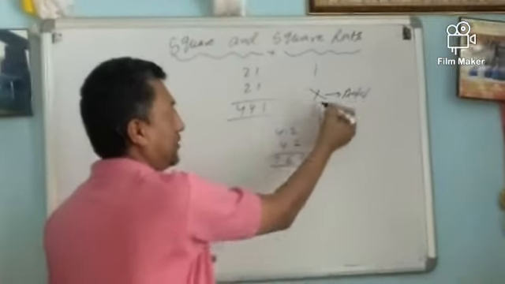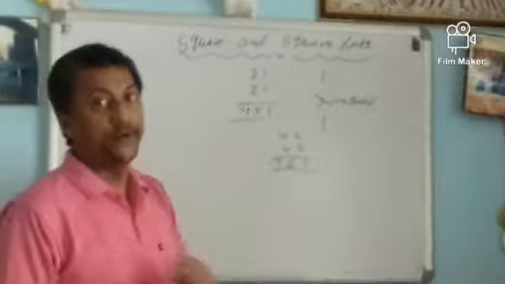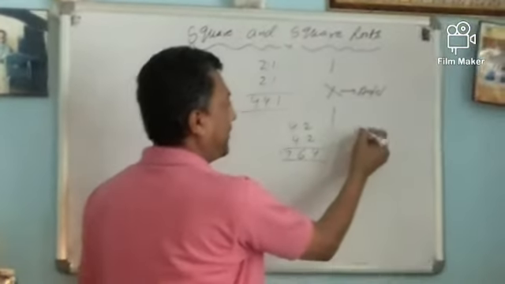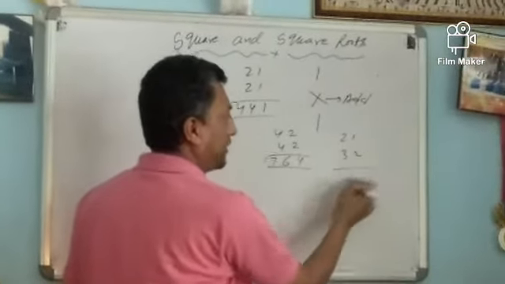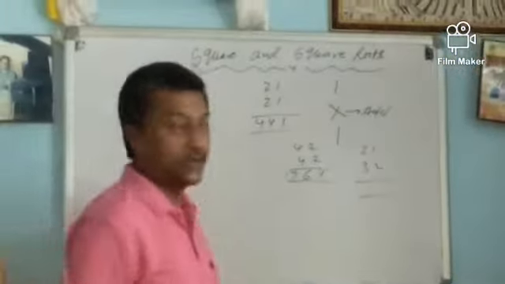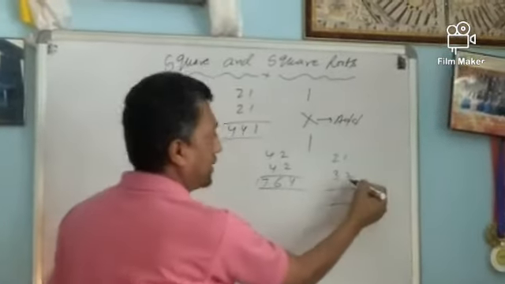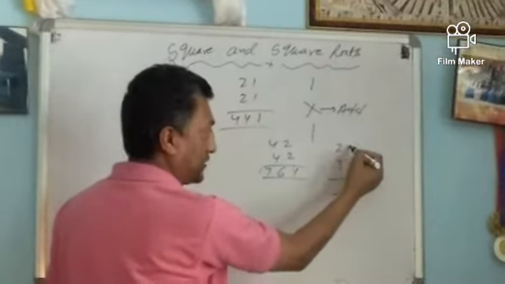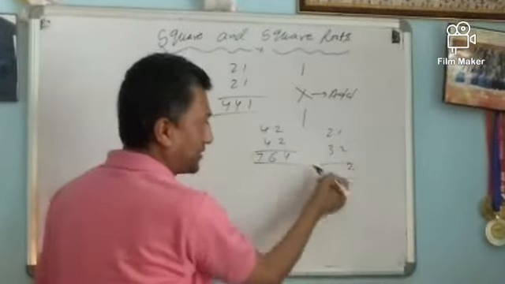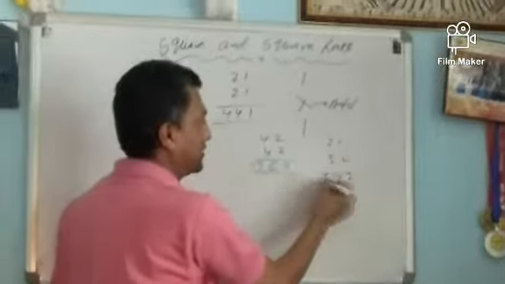So we see that whenever the square of a two-digit number is there, we can always use single, cross, single. It is not only for the same number; we can say it is for different numbers also. Maybe we can take the example 21 and 32. The same way we can apply: 2 ones are 2, 2 2s are 4 and 3 ones are 3, so 4 plus 3 is 7, and then finally the last one, 3 2s are 6.